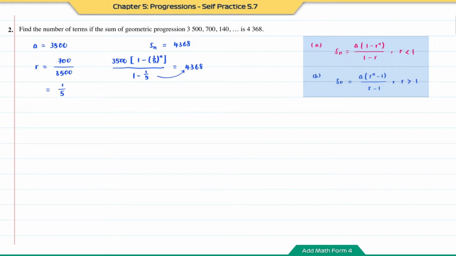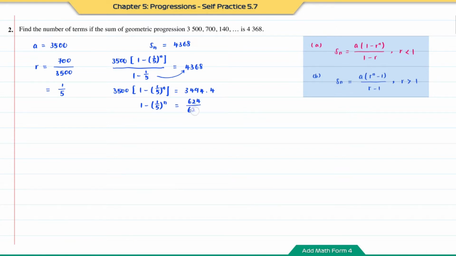Next, I'm going to move the value of 1 minus 1 over 5, which is 4 over 5, to the right hand side, and it will be multiplication. So 3500 bracket 1 minus 1 over 5 to the power of n. When 4368 is multiplied by 4 over 5, the answer will be 3494.4. Next, I'm going to move this 3500 to the right hand side. Then it will be division. So 1 minus 1 over 5 to the power of n is equal to 3494.4 divided by 3500,